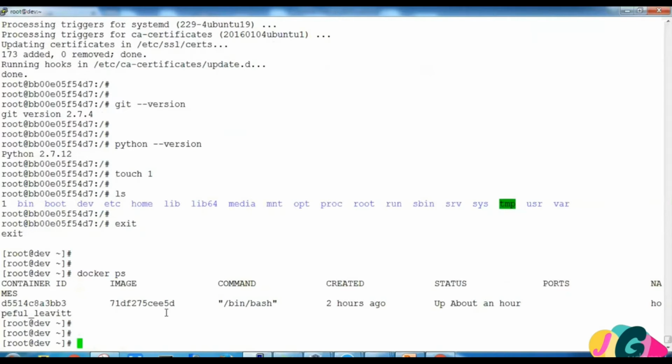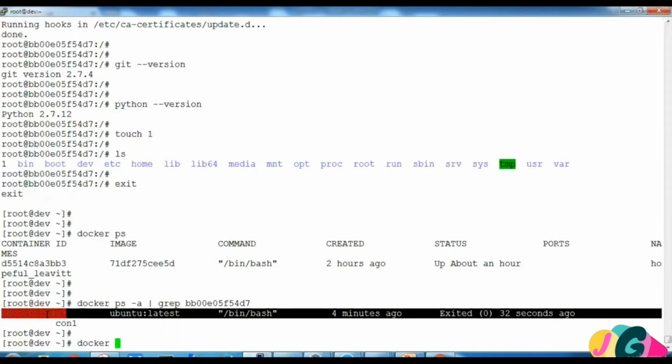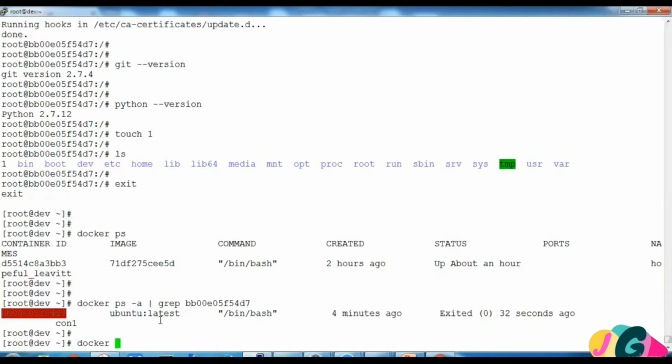Now, what does non-persistent mean? Non-persistent does not mean that the data will not be in the container; it will be. For example, if I do ps -a and grep this ID, it's there, but it's not running because we just did the exit. Non-persistent means the data will not be available if the container gets deleted. So we need to take care of it.